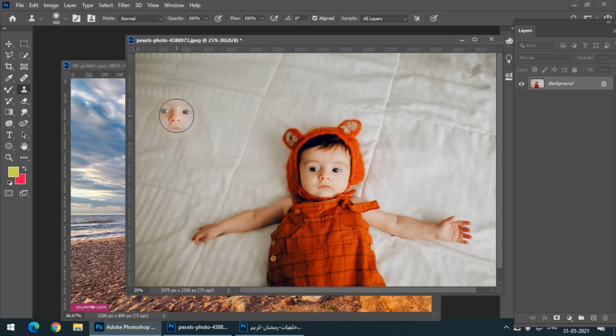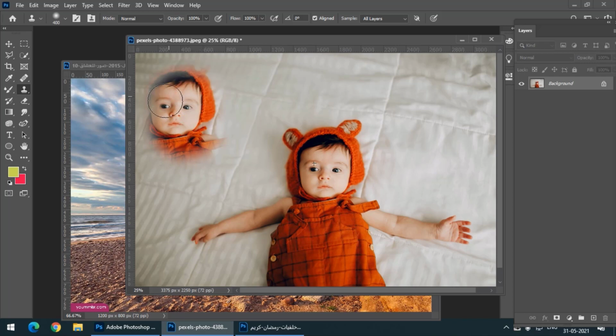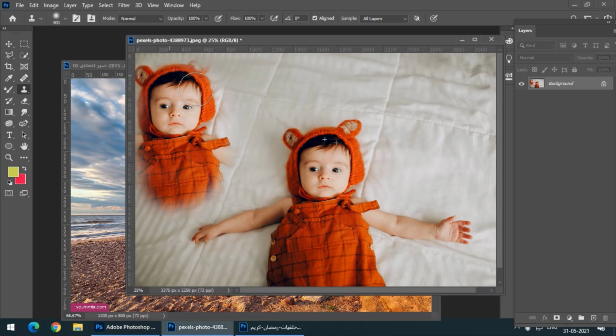So it will capture the source. But unlike the healing brush tool, what the clone stamp tool does, it keeps the original source material as it is. As you can see, even if I release the left mouse button, it continues from where I left the image. As you can see, it is copying from the source material and simply cloning it rather than trying to blend it in the background.